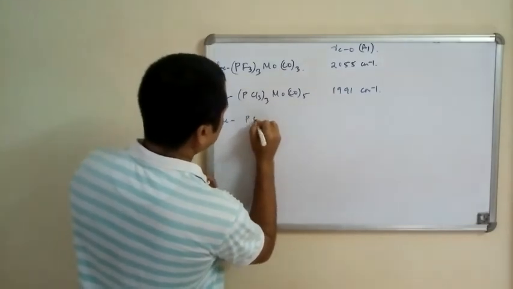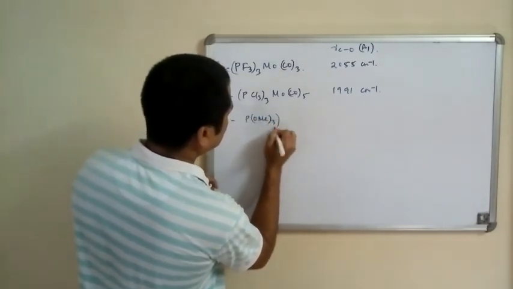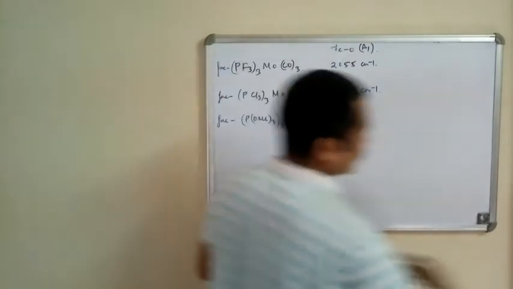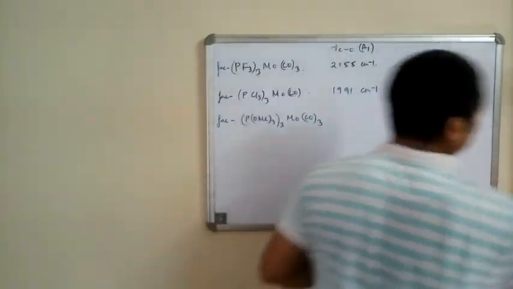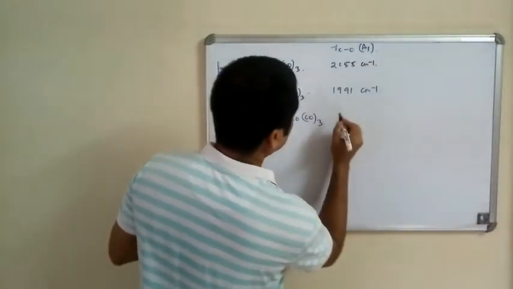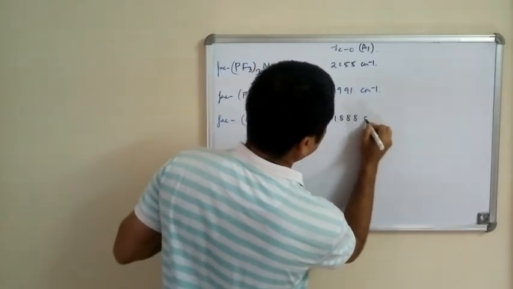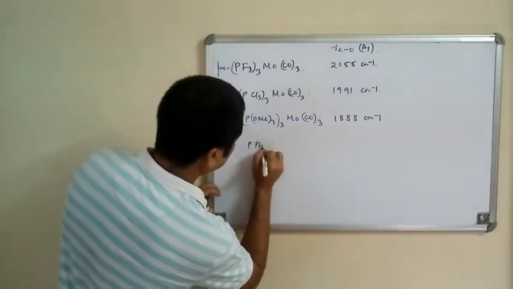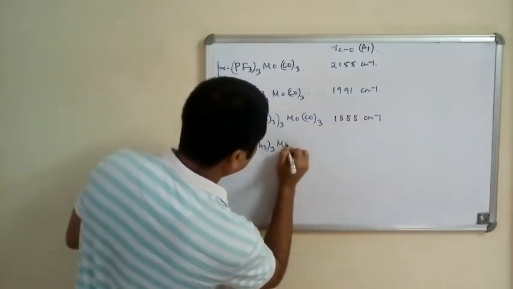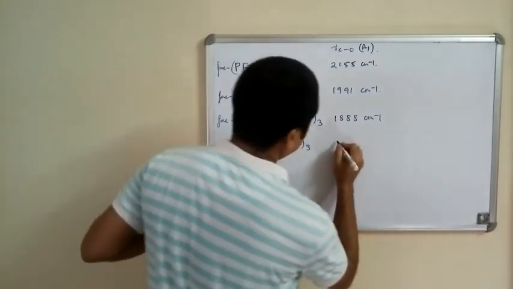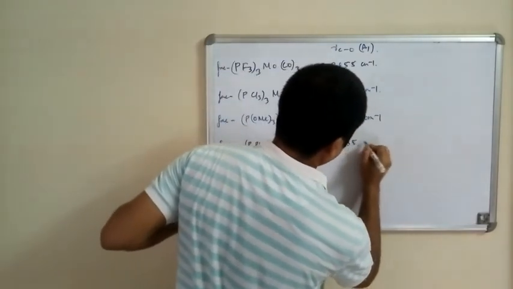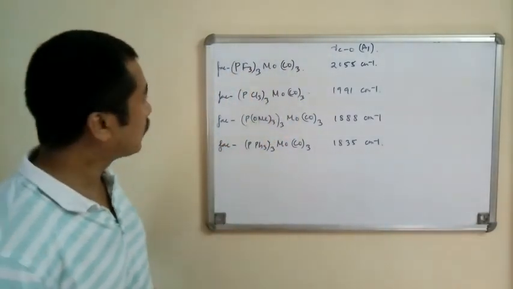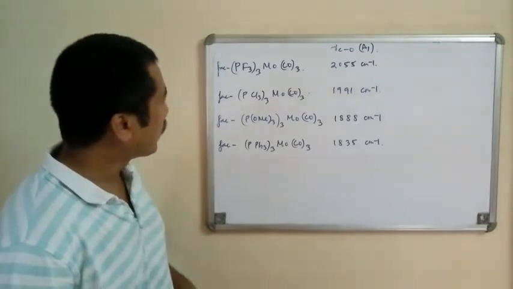For the P(OMe)3 3 Mo CO 3, it is 1888 centimeter inverse. For PH3 3 Mo CO 3, it is 1835 centimeter inverse. So what we have here are facial complexes, all of them of the same metal,